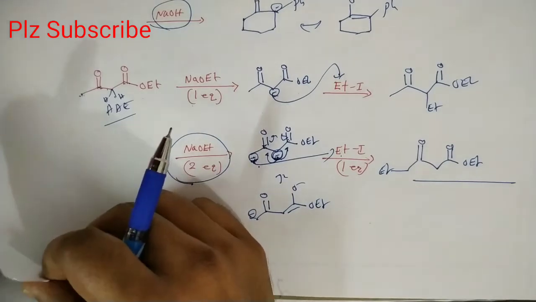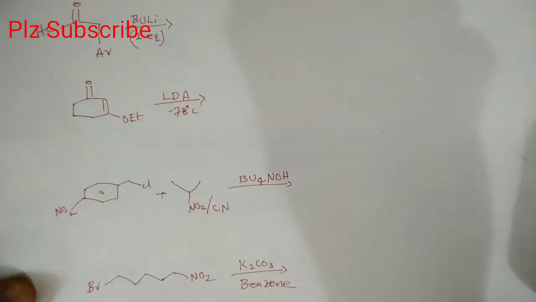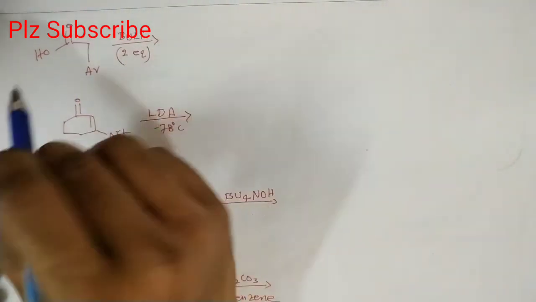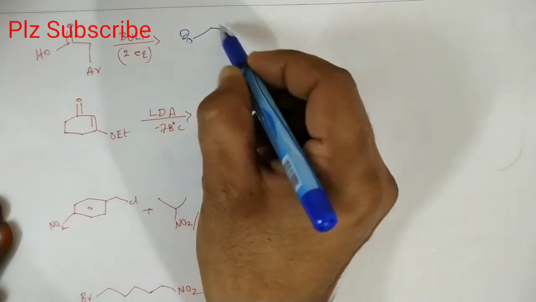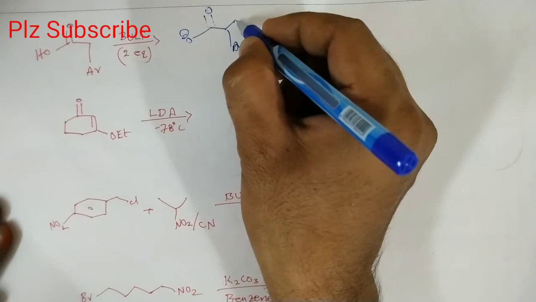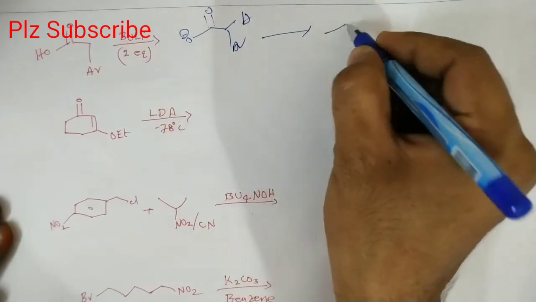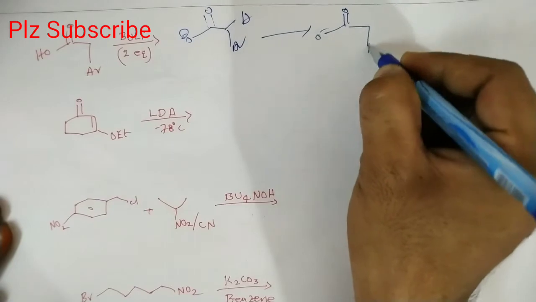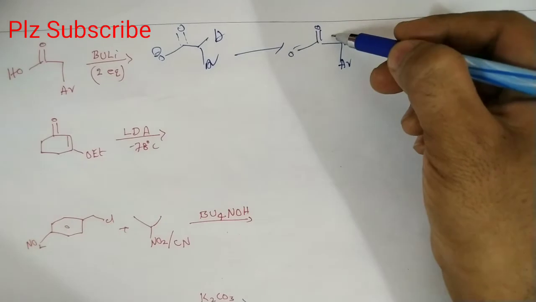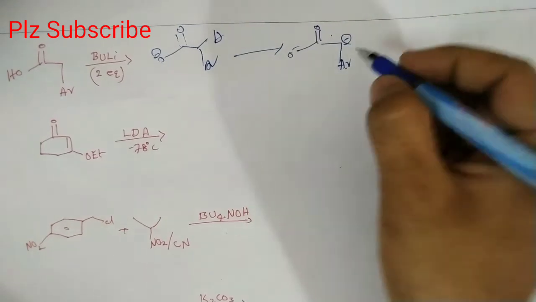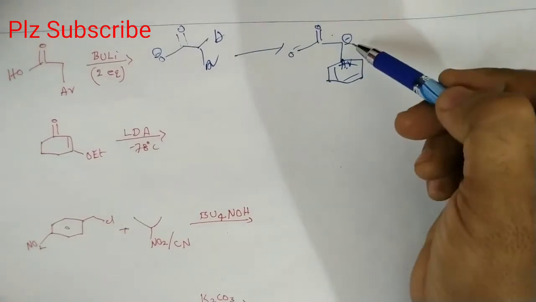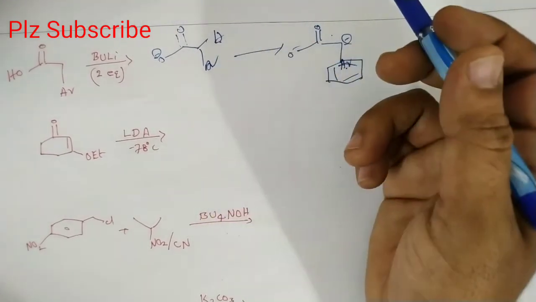Okay, that's it. And next some more examples of a similar type. So in this case butyl lithium removes the hydrogen from the acidic carboxylic acid, and next a hydrogen is removed from this carbon. Okay, first hydrogen, and next hydrogen is removed from this one, Ar negative. Of course it is slightly stabilized by resonance with the CO group, as well as this aryl, which means a benzene ring. So this carbon is stable, that means the conjugate base is stable. So this hydrogen is slightly acidic in nature.